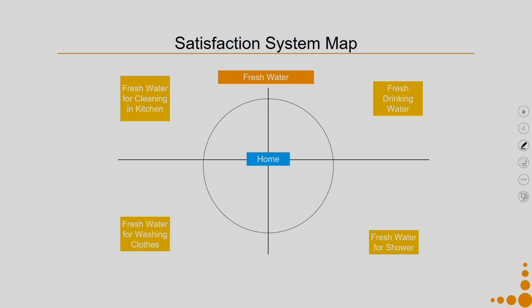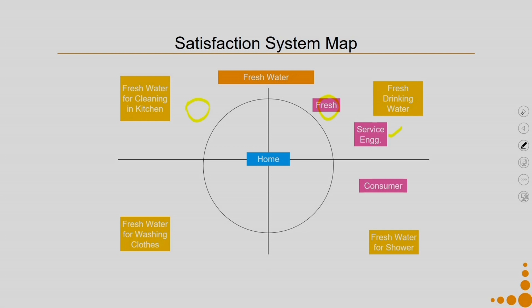Now let us see who the actors are. In the context of this whole satisfaction system map, Fresh is the company who is the provider, so it is a common actor. So I place Fresh outside the circle. Then come my service engineers. Service engineers will also be common actors, so I place them outside as well. It does not matter whether I place Fresh over here or over here. When you read this map, you read it such that if Fresh and the service engineers are outside, then they belong to the entire system map.